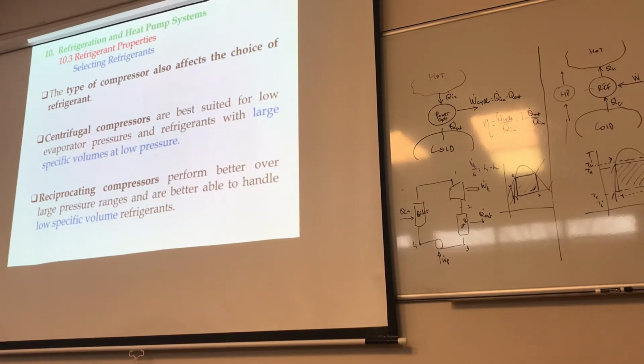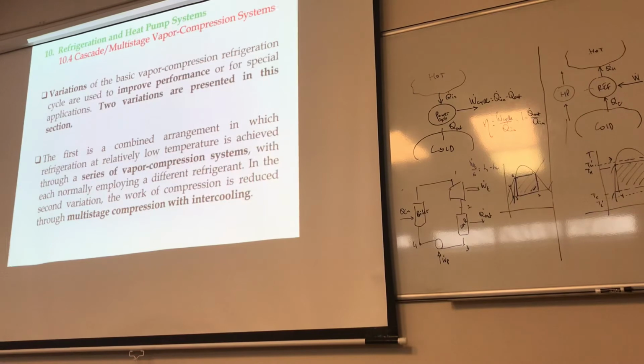Are you using, for example, large specific volume and low pressure, or the opposite, right? Low specific volume refrigerant, in which case you could use either centrifugal compressors or reciprocating ones. Again, these are just details that are not elaborated on in the